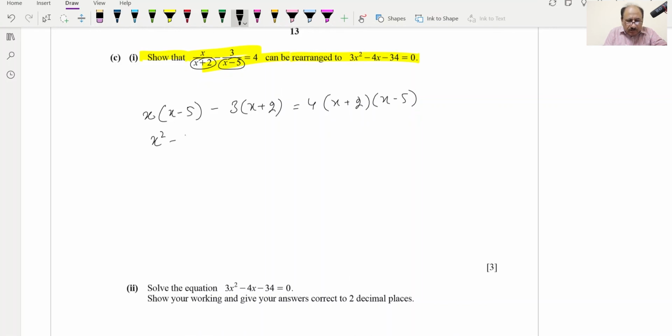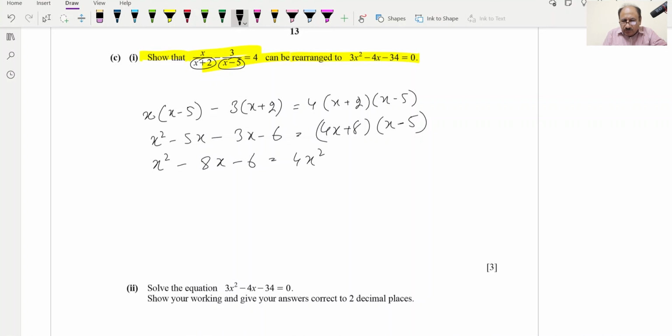So it will be x squared minus 5x and minus 3x minus 6 is equal to 4x plus 8, and this will be multiplied by x minus 5, and this one further we can add the like terms and open the brackets as well. So x squared minus 8x minus 6 is equal to, we can multiply, this will be 4x into x will be 4x squared, and 4x into minus 5 will be minus 20x, 8 into x will be plus 8x, and 8 into minus 5 will be minus 40, and we can shift everything from this side